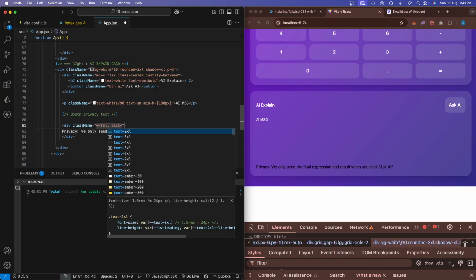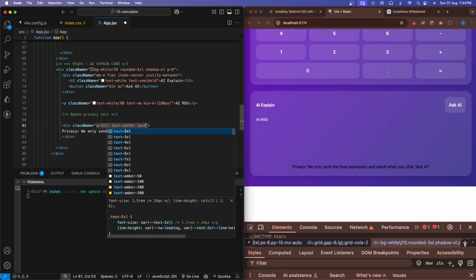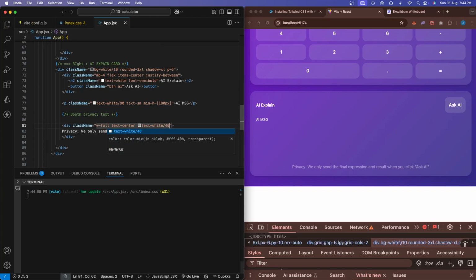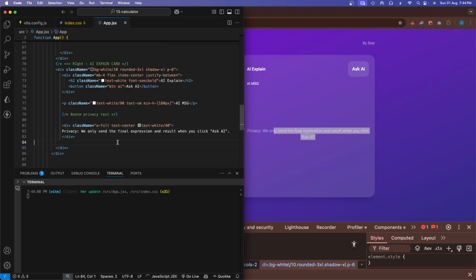The text should be in the center. That's good. And then I'm going to add color, right? So the text-white here is going to be a 40, like gray. Okay, so this is good. Looks good guys. If I come back here now, this is how it looks. But as you see, this is here, and we want it at the bottom, right? So to get it at the bottom, what I'm going to do is add